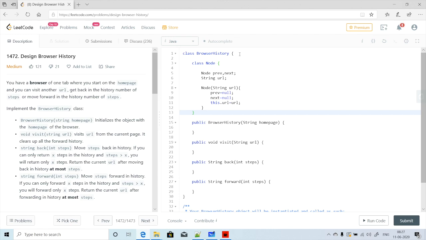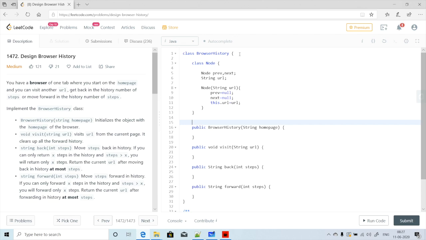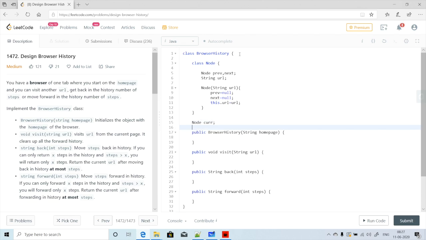Okay, now at the class level, we will define one current pointer, because that is what moves back and forth. Now let's define the code in the constructor. Okay, so we have homepage as a URL. So first we will create a node and assign it to the current node.